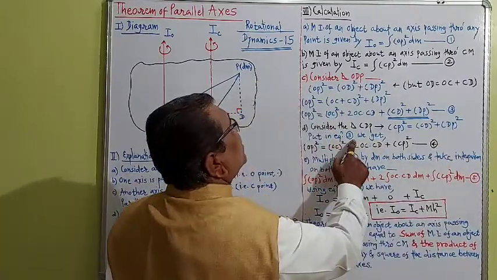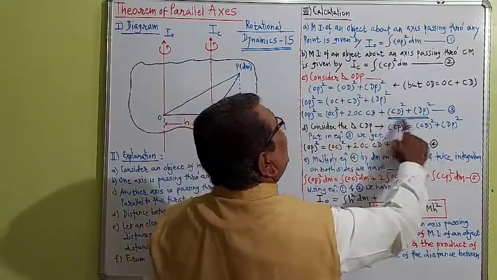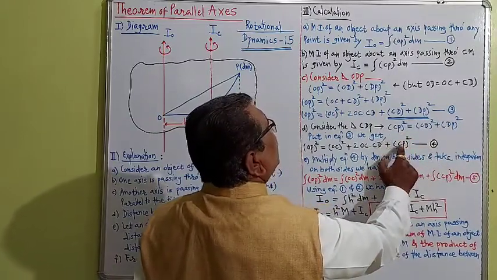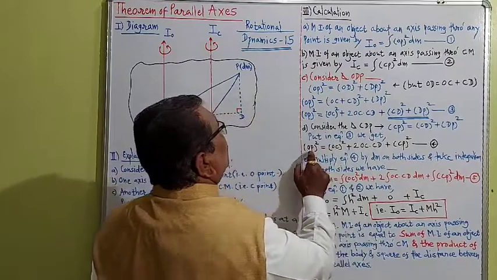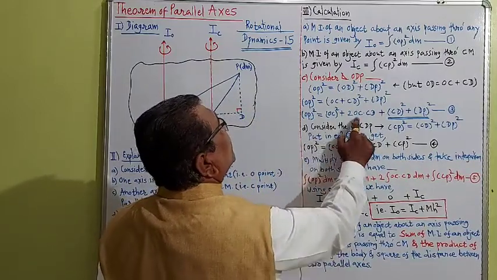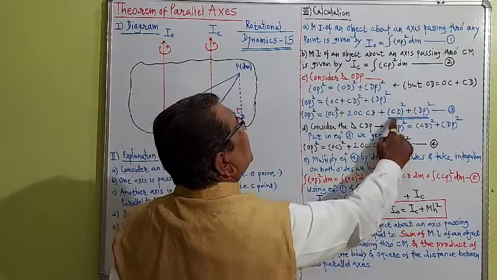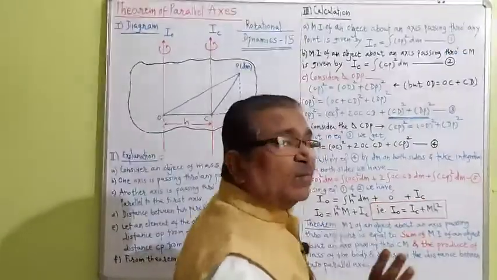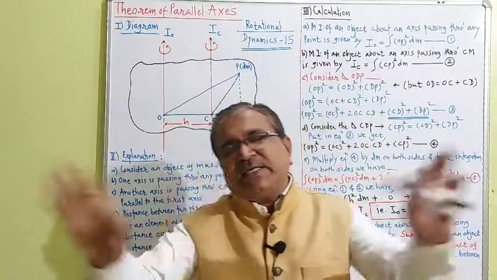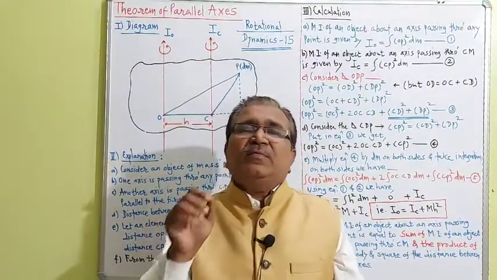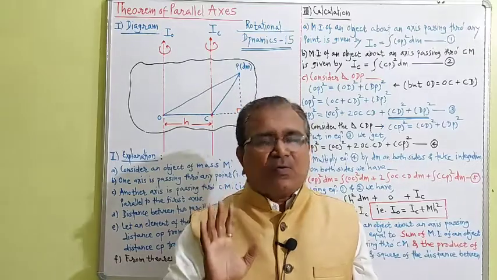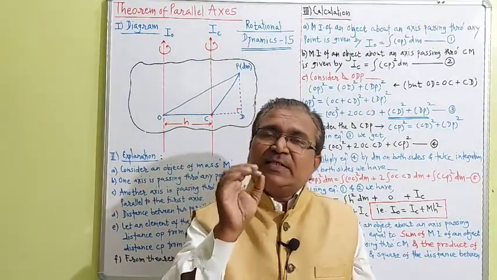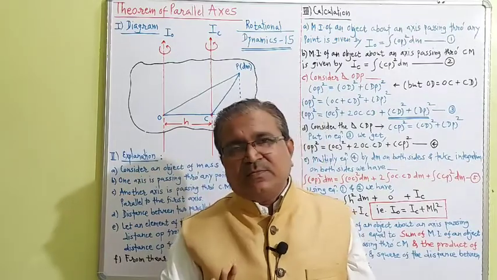Then put in equation 3, where I have already underlined CD square plus DP square, which is equal to CP square. Put CP square here. You will get OP square is equal to OC square plus 2 OC into CD plus CP square. Equation number 4. Actually our article is finished. Only some mechanical work is to be done now. Equation 4 is the most important equation we got.